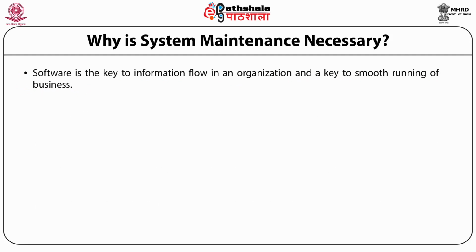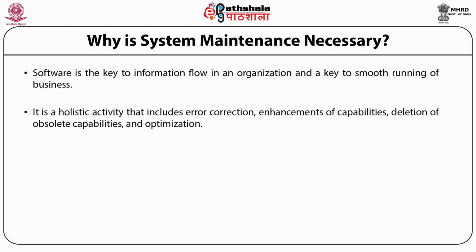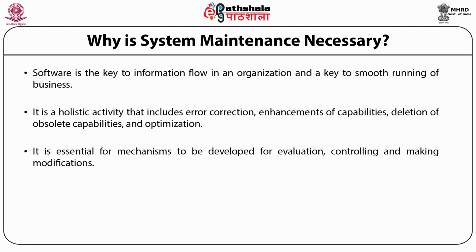Software is the key to information flow in an organization and a key to smooth running of the business. It is a holistic activity that includes error correction, enhancement of capability, deletion of obsolete capabilities, and optimization. It is essential for the mechanism to be developed for evaluation, control, and making modifications. It keeps the information system functional and secure by making necessary alterations or corrections in the information system, and is